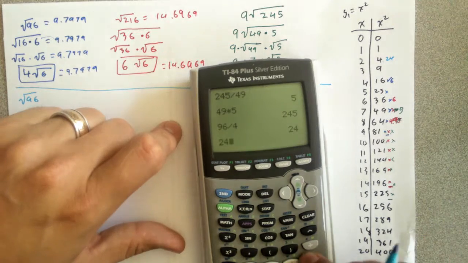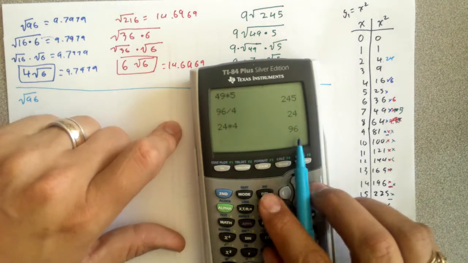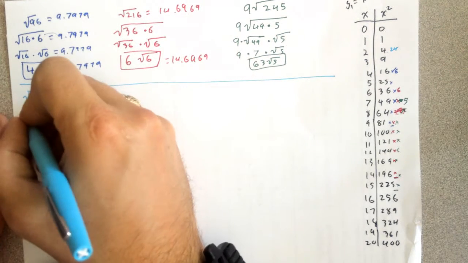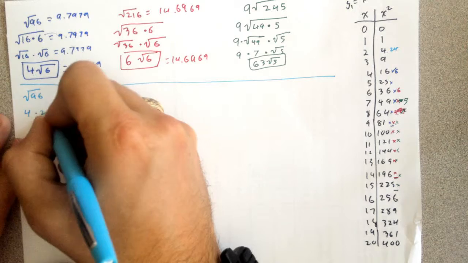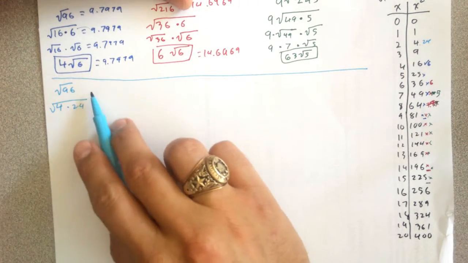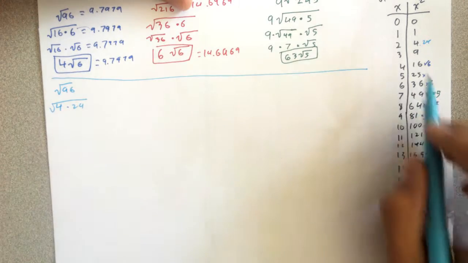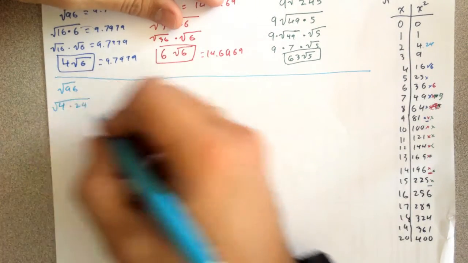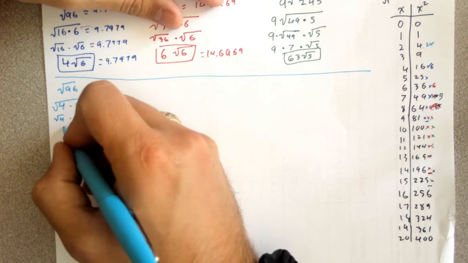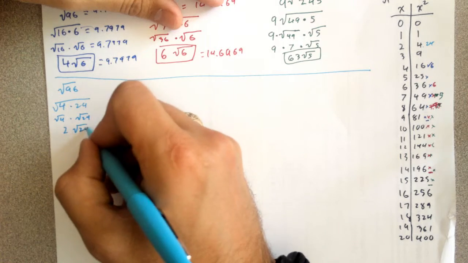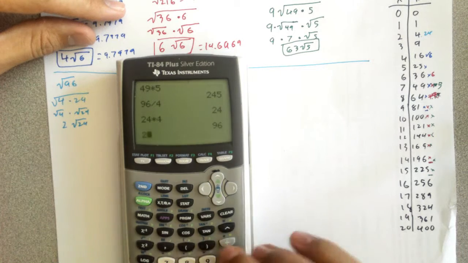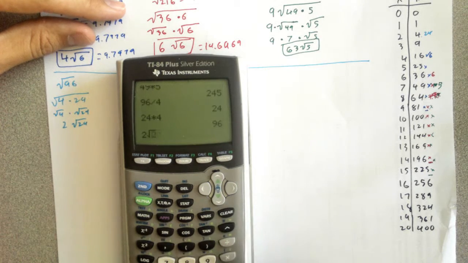24 times 4 is the 96 I was looking for. So we've done it right. Our magic number is 4, our winner, times 24. It should be right, but it's not the largest one, so we're going to see what happens here. Separate that. Square root of 4 times square root of 24, which is 2 square root of 24. If I plug that in the calculator, 2 square root of 24,